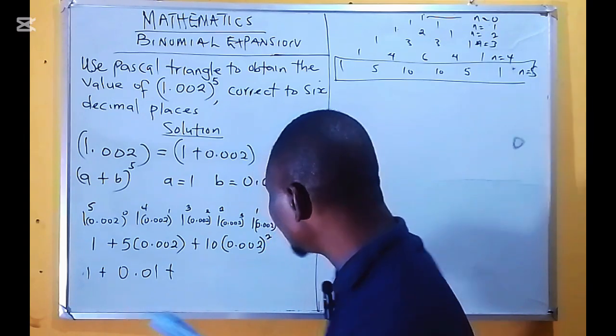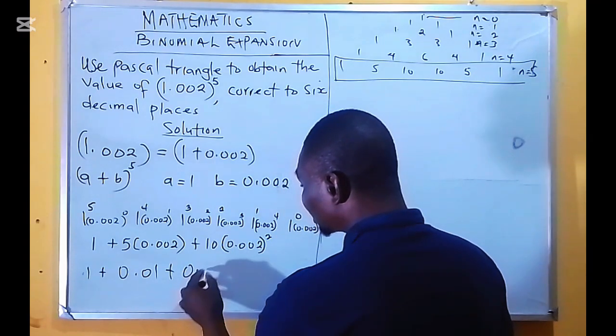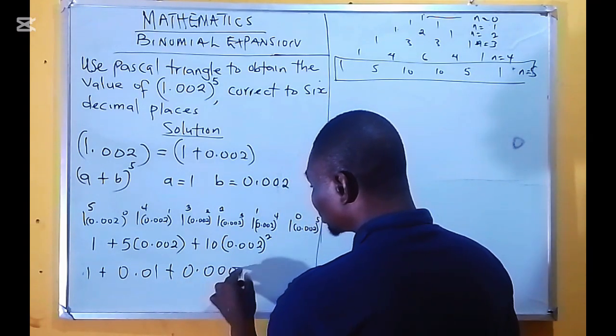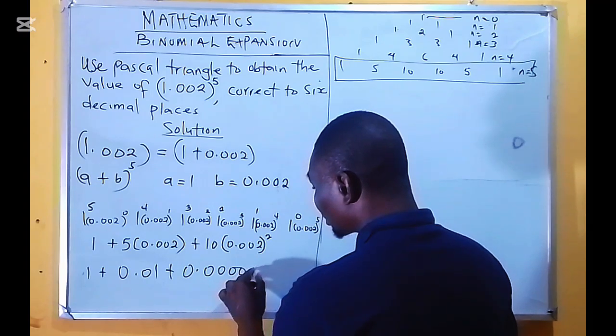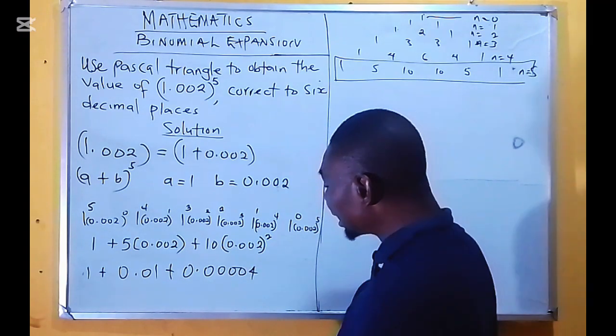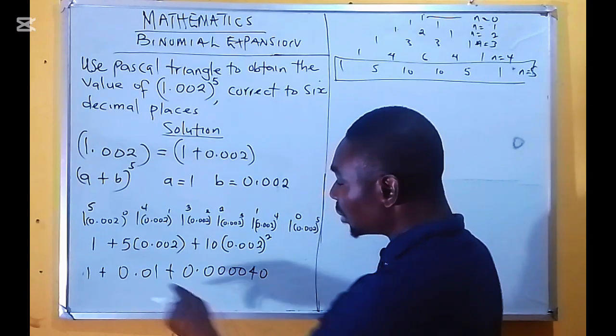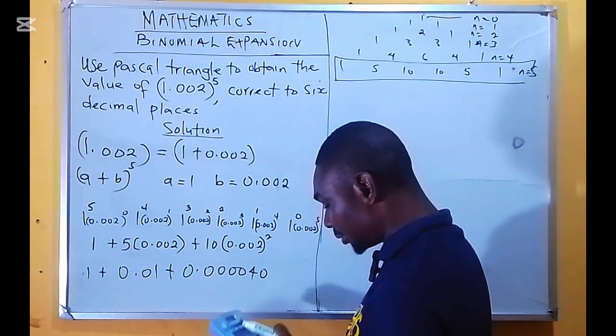Then we have this. So here, 10 times the whole of this number will now give us 0.00004. So if you add this now,